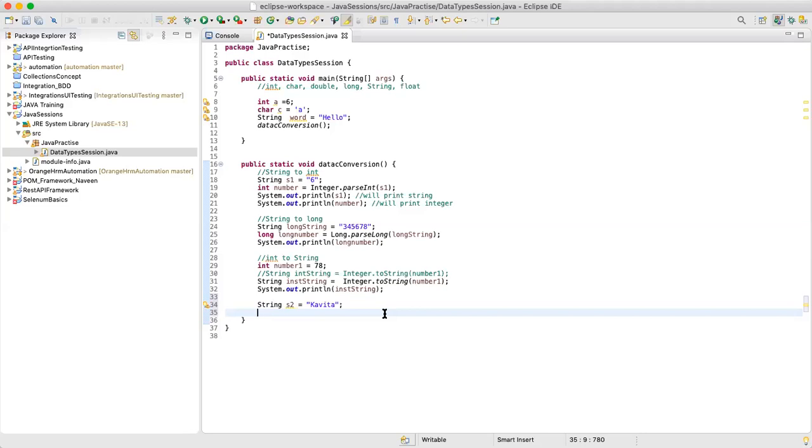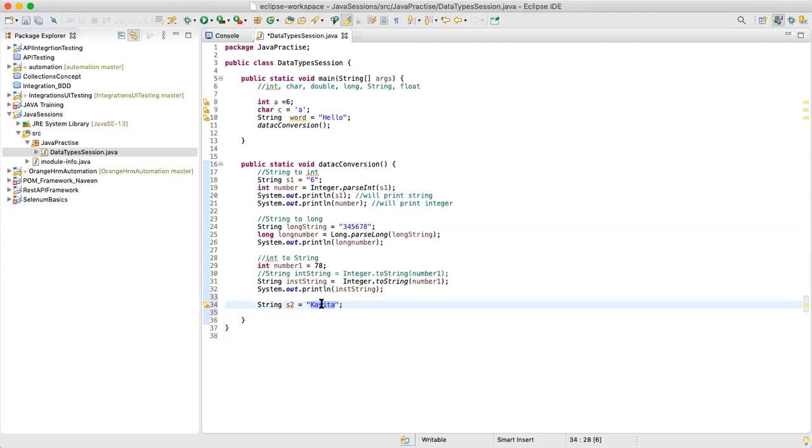But now let's assume we have 5 apples in basket two, and I want to move those 5 apples from basket two to basket one. Will there be any issues? Yes, there will be, because the capacity of basket one is to hold only 1 apple. Out of 5 apples, it will be able to hold only 1, but the remaining 4 apples will be lost. This is called data loss. String can hold many characters, it's a sequence of characters, but a char can hold only a single character. So when you convert from string to character, there will be a data loss.